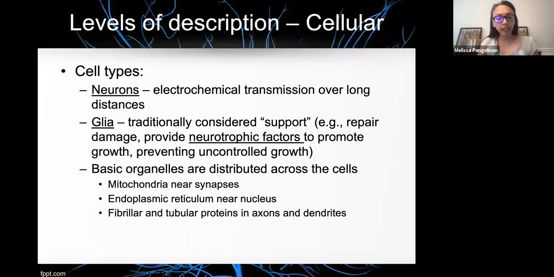The endoplasmic reticulum, which is going to be really important, right, for creating proteins, are going to be found near the nucleus, because obviously we have translation of mRNA into proteins. And so the endoplasmic reticulum is necessary to be near the nucleus. And then the fibrillar and tubular proteins are going to be found within the tubes and fibers within the axons